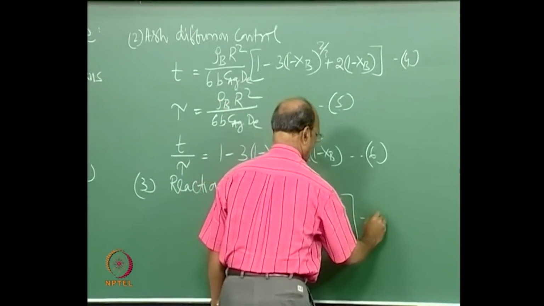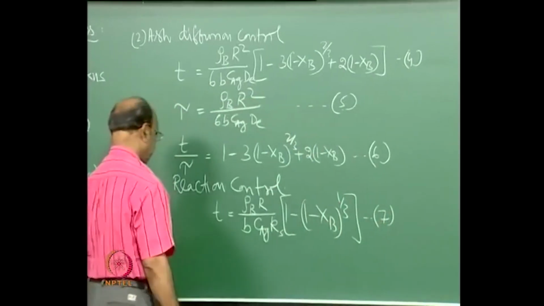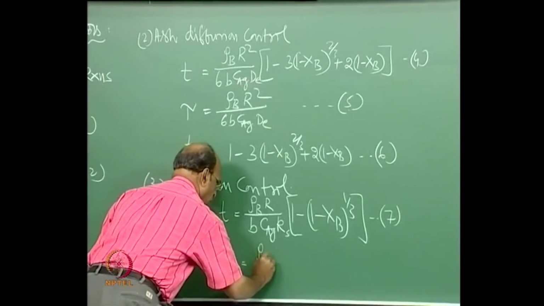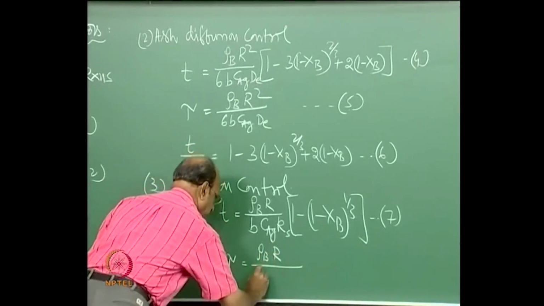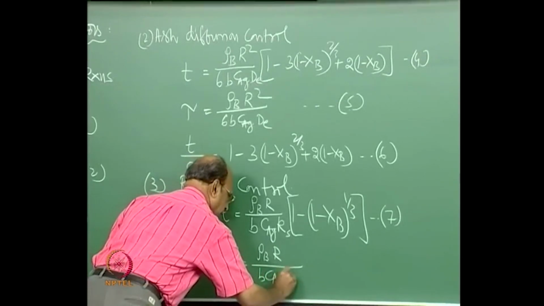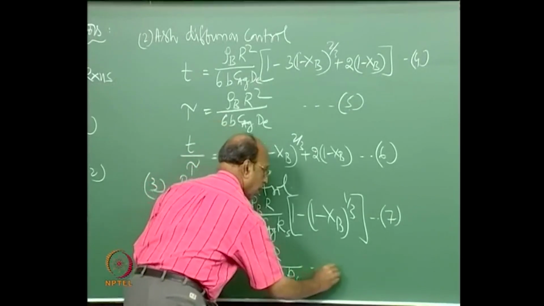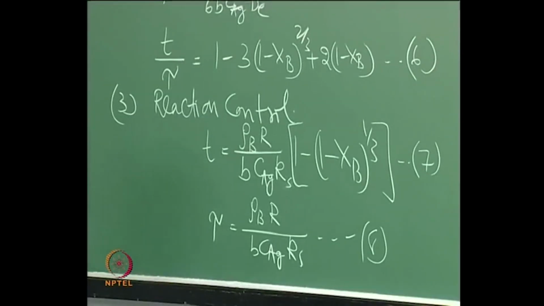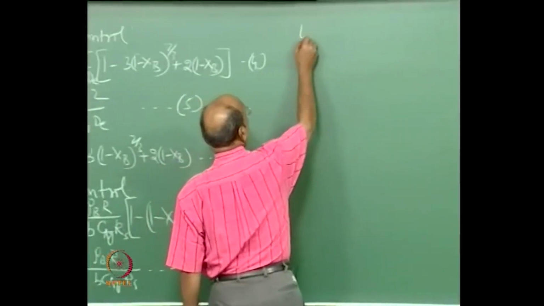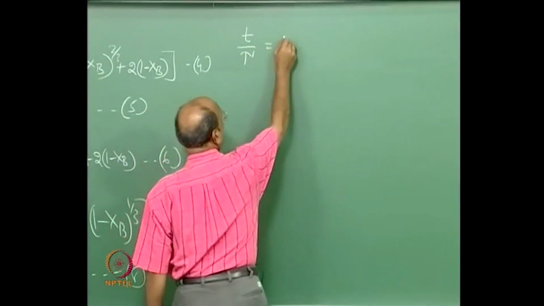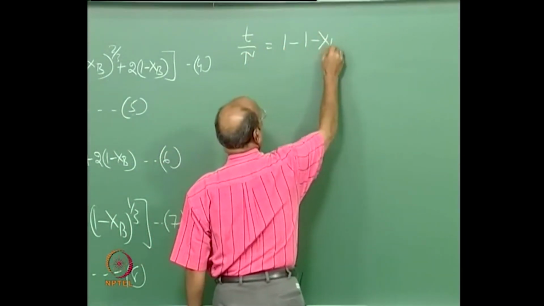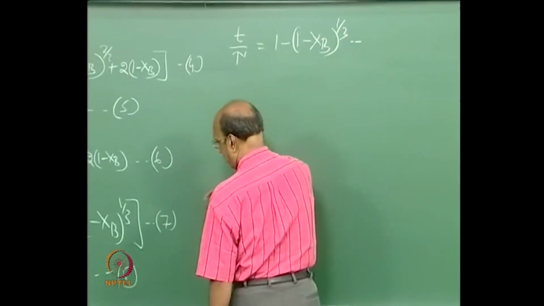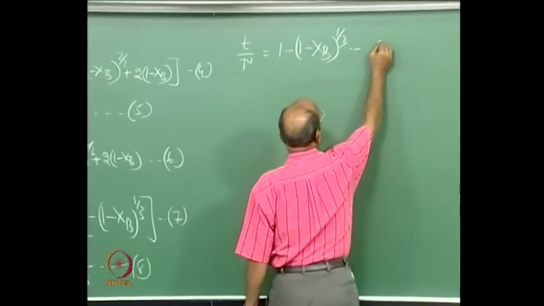This is equation 7. Tau equals rho b r by b cag ks. This is equation number 8. Now, T by tau for reaction control is 1 minus xb to the power of 1 by 3. This is equation number 9,